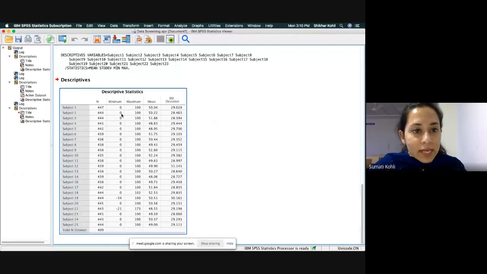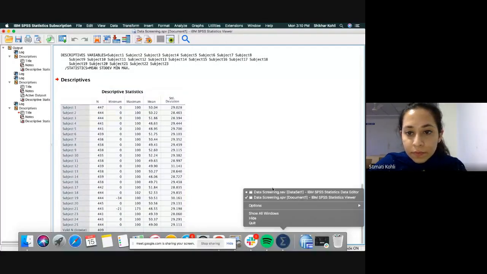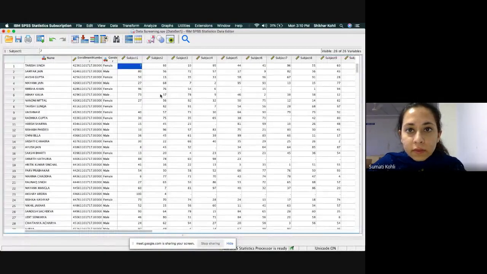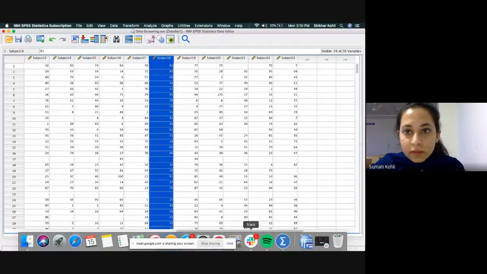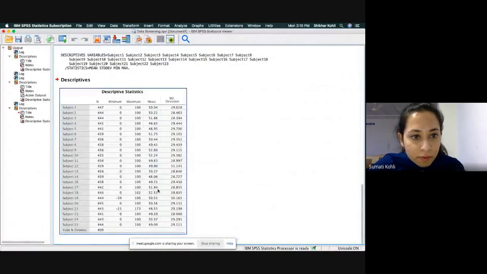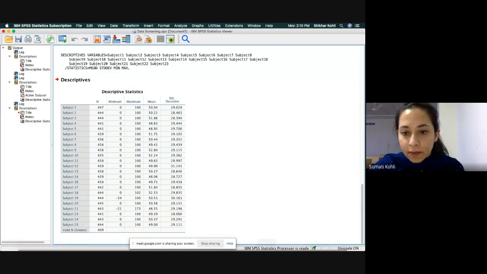Okay, so it seems I have missed out on correcting a few values. One, I have missed in subject number 18. So let me quickly correct subject number 18, 102. Okay, this is subject 18. Just one second, there's one thing I want to check. One second, 2021, 2023. Okay.